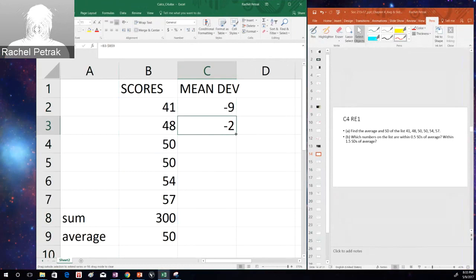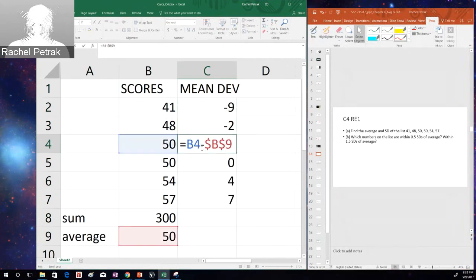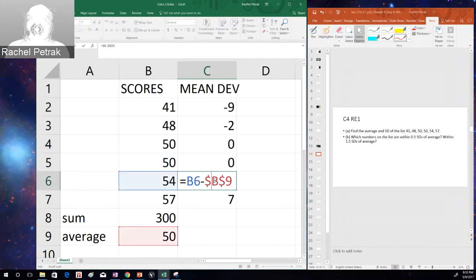Well, once it turns to a black cross, you can click and then pull down your formula, and that's telling Excel, copy this across all of the next cells I've highlighted. And if we click on them, we can see that Excel is doing just that. When you copy, I always like to click back and confirm Excel did it right. And as you can see, this looks like what we want the